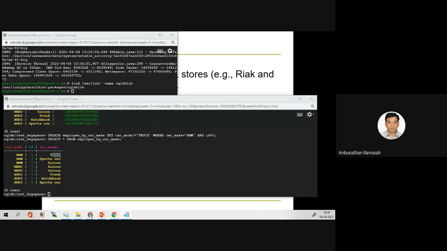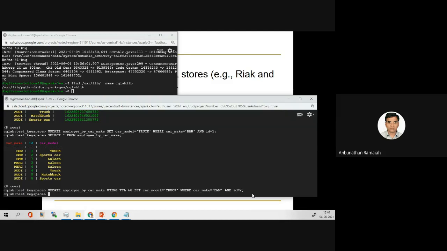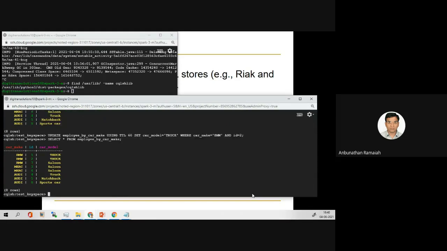Now time to live, the TTL value. What is time to live? Suppose I want it only for 15 minutes, how do you do that? See here, in this case, update one record, it will be alive for only 60 seconds. After that, it will revert back. For example, this is the table employee by Carmack.